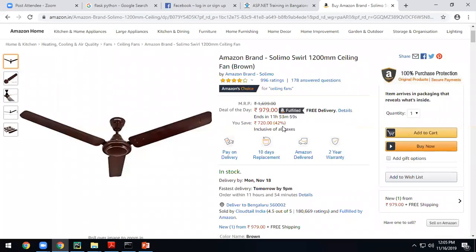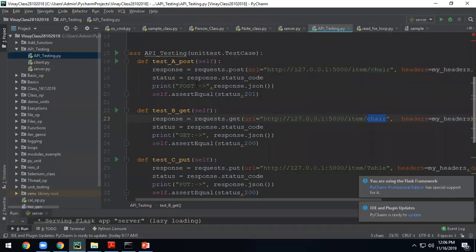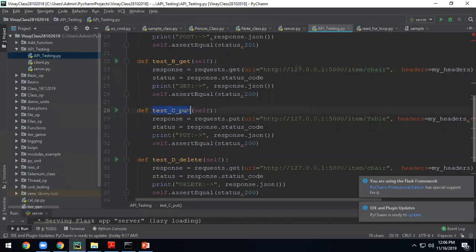So we have said it will directly go to our desired endpoint. Here you know what the endpoint is for this. Usually you know what the endpoint is. Now suppose you have updated the fan price to $1,000 in a put method. Now how do you check? Two ways. One is the normal process: go to the Amazon web service, select the product and see whether the output is $1,000 or not, which is a manual effort.